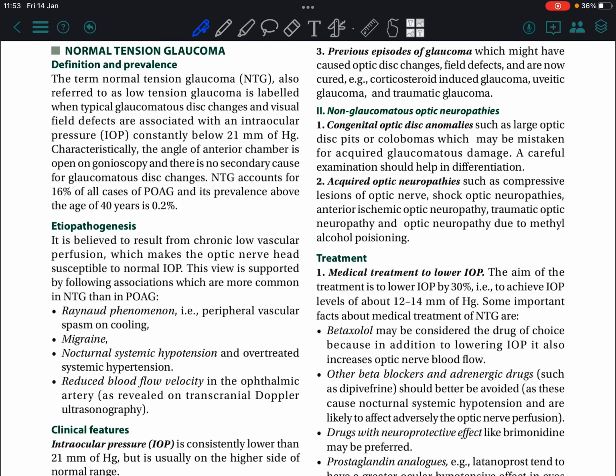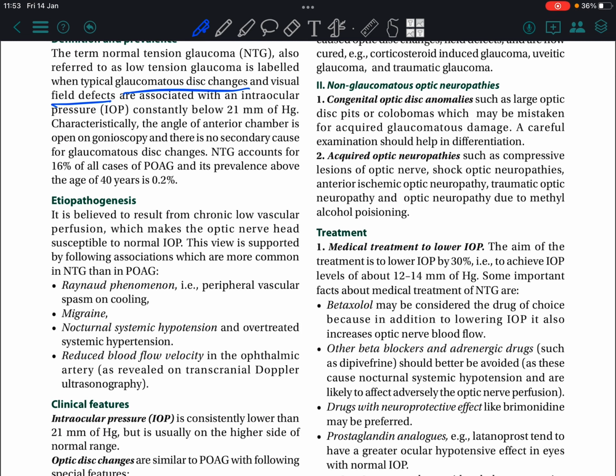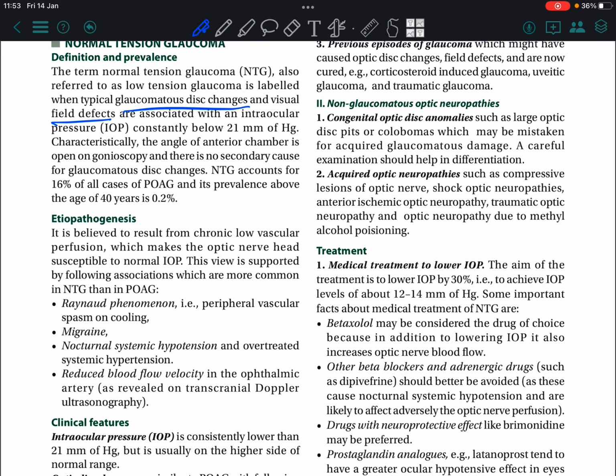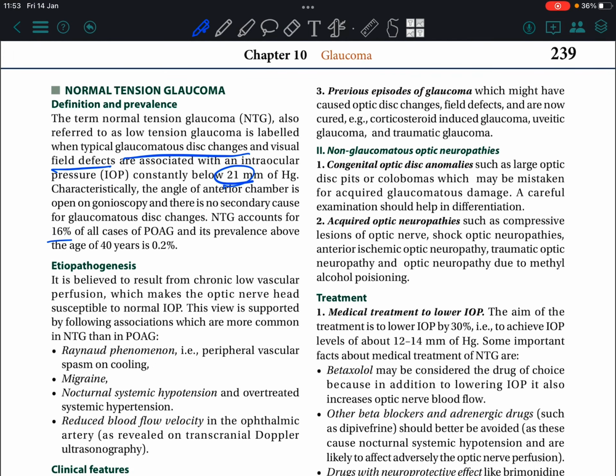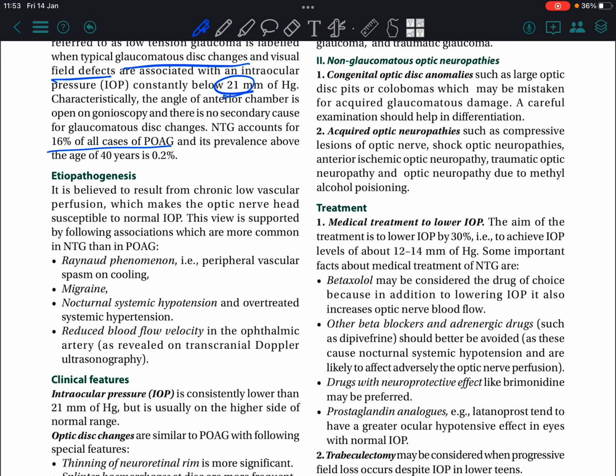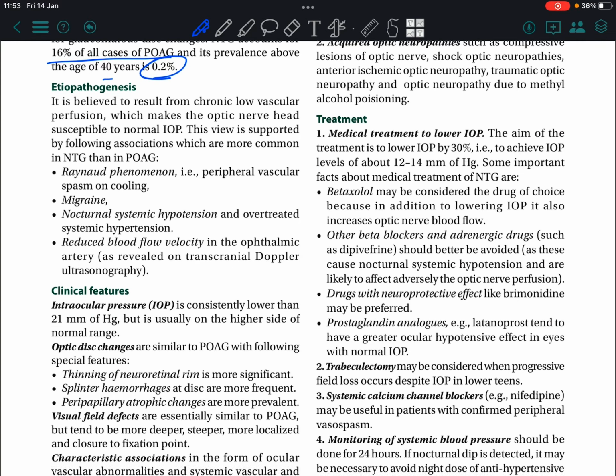Normal tension glaucoma. Here the intraocular pressure is normal, but there will be visual field defects and disc changes. The IOP is constantly below 21 mmHg. Normal tension glaucoma accounts for 16% of all cases of glaucoma and prevalence above 40 years is 0.2%. Etiopathogenesis: it is believed to result from chronic low vascular perfusion, which makes the optic nerve head susceptible to normal